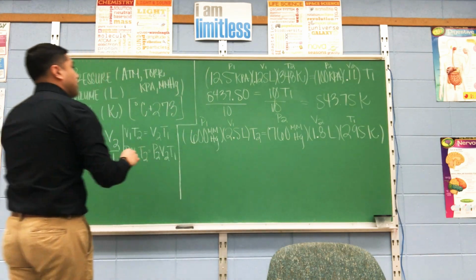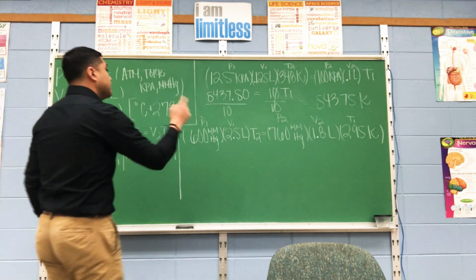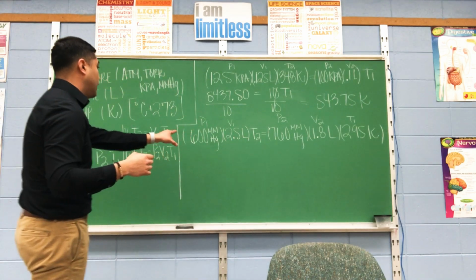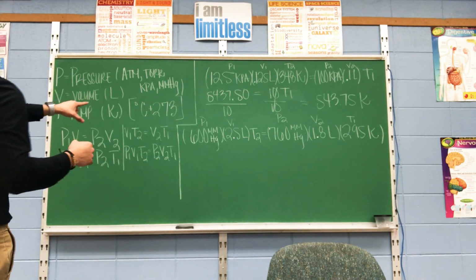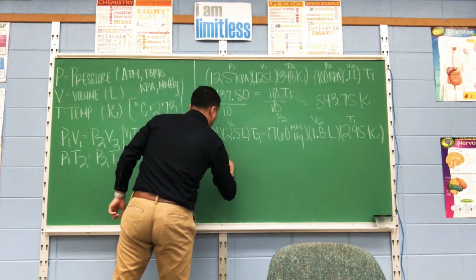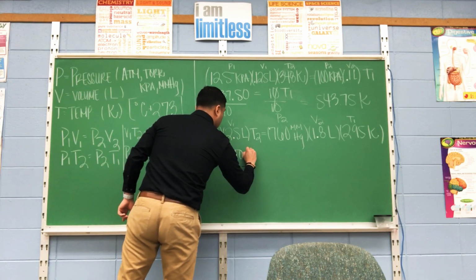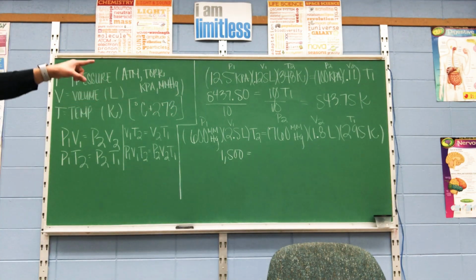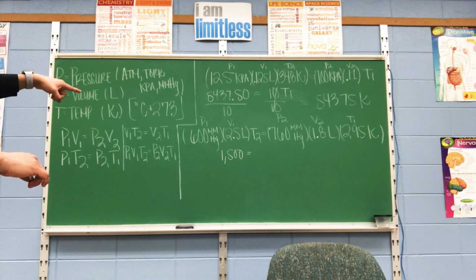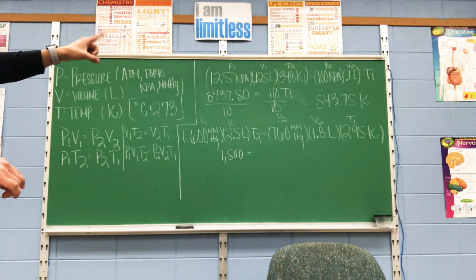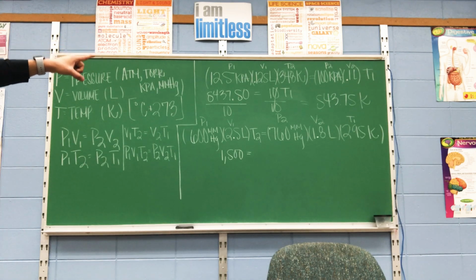Same thing is going to happen. I'm going to solve for both sides. This time I have my variable on the left, what I am trying to calculate. So I'm going to multiply 600 by 2.5, and that's going to give me 1,500. Equals, I'm going to do the same thing over there. 760 times 1.8 times 295, and that's going to give me